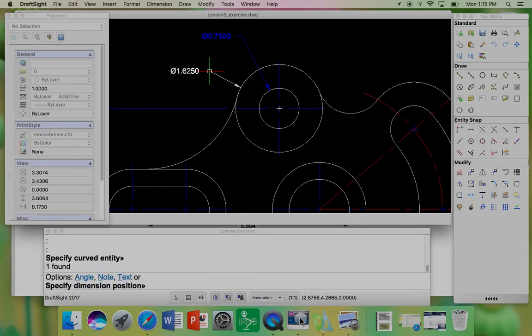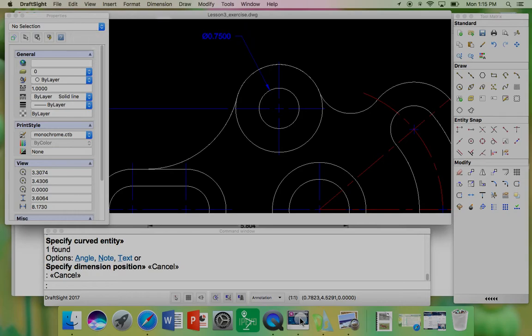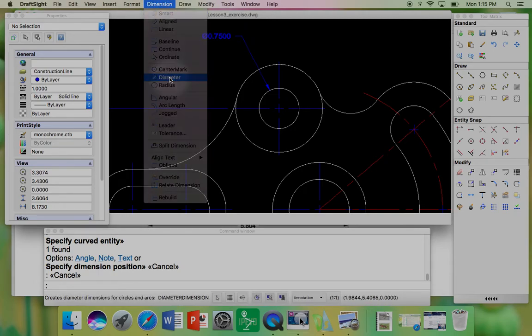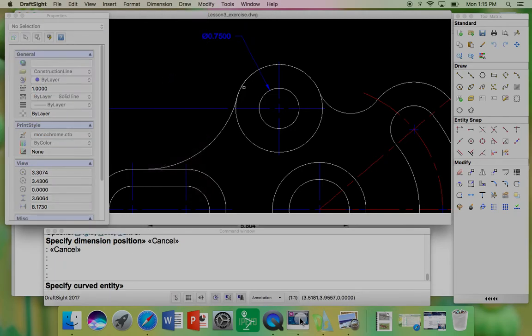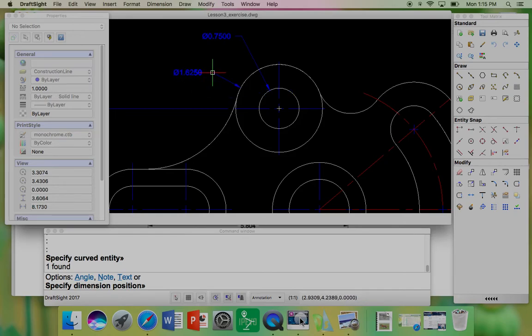oh, hold on. So I just did a dimension, but it's on the white layer. So I'm going to hit escape and restart. And before I start a command, I'm just going to go to the Properties panel, and I'm going to select construction line. So now whatever I do going forward, it's going to go on the blue layer, which is what I want. So I'm going to start the diameter command again, and I'm looking at the original handout, and this